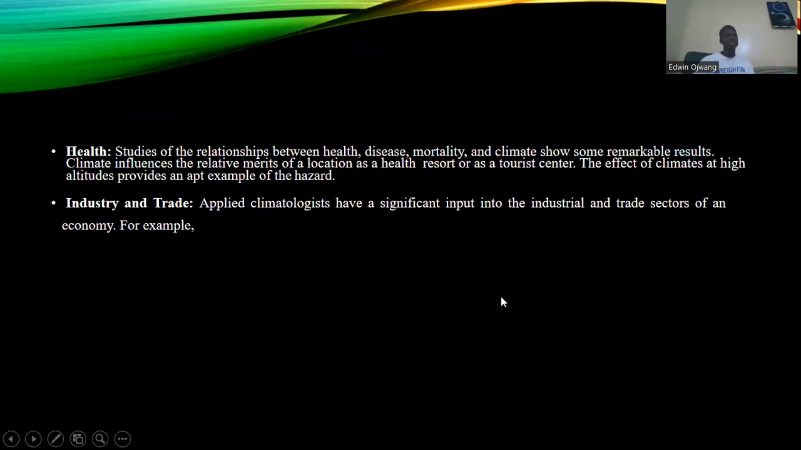Health. Studies of the relationship between health, disease, mortality, and climate show some remarkable results. Climate influences the relative merits of a location as a health resort or as a tourist center. The effect of climate at high altitudes provides an apt example of the hazard. Now, industry and trade. Applied climatology serves as a significant input in the industrial and trade sectors of an economy. For example, we have